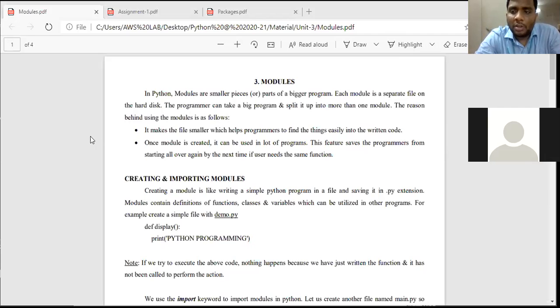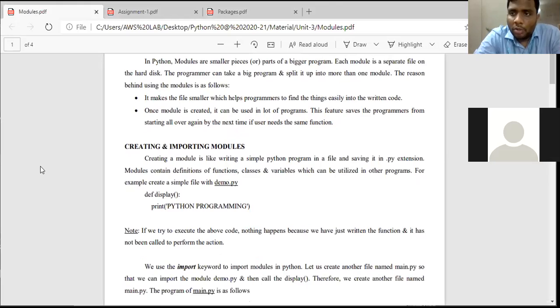Now, coming to the creation of a module. Creating a module is very easy. How can we create a module? For writing a Python program, what